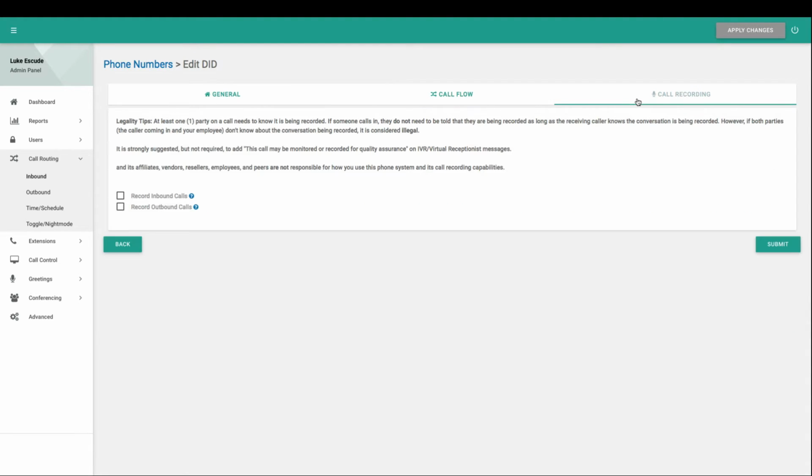The next tab over is call recording. Notice that we do have a legality tips section telling you about the laws regarding call recording. To summarize, at least one party needs to know that the call is being recorded. If you're recording a call and neither your employee or the caller knows that it's being recorded, it is considered illegal. Of course, it does tell you all this, and it tells you that we are not responsible for the